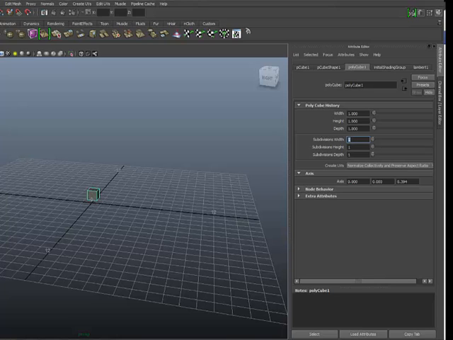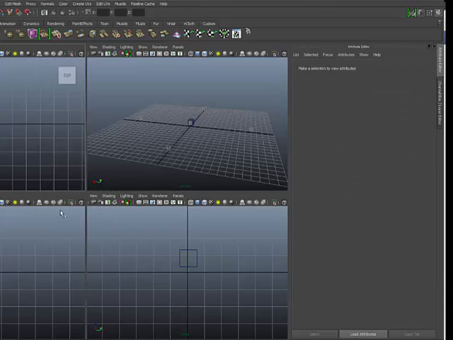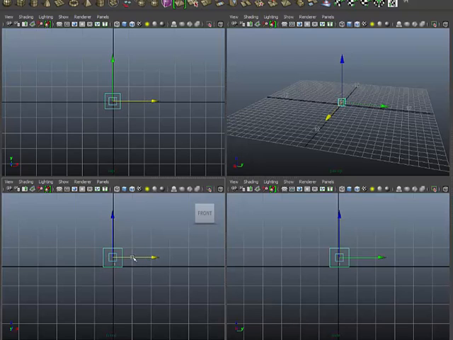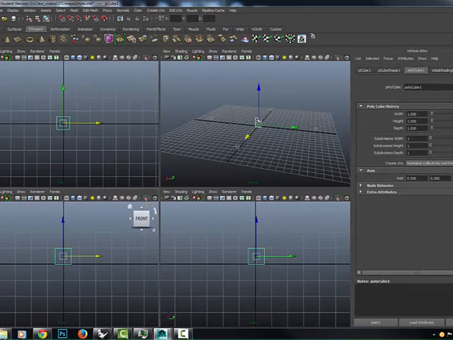And if I were to go into my front window, that cube is in fact 1 unit in size. So that's a good cube, and I know that everything is okay in my Maya world, and it's got the